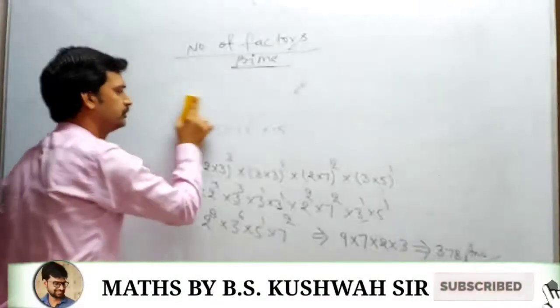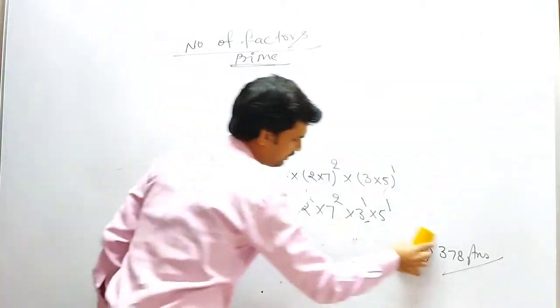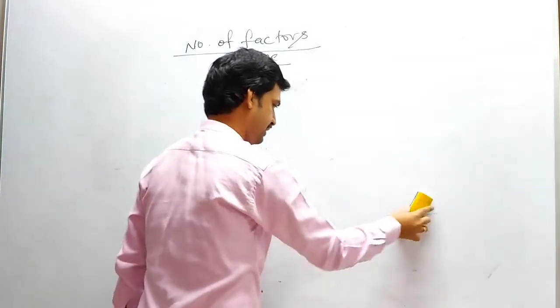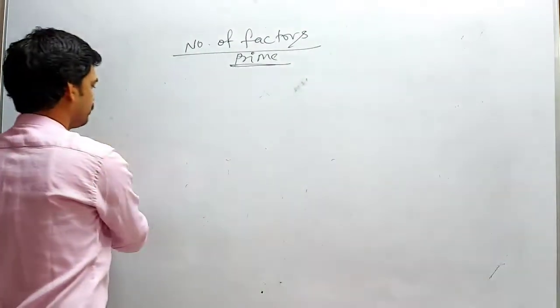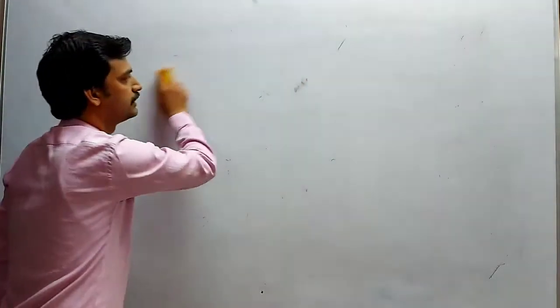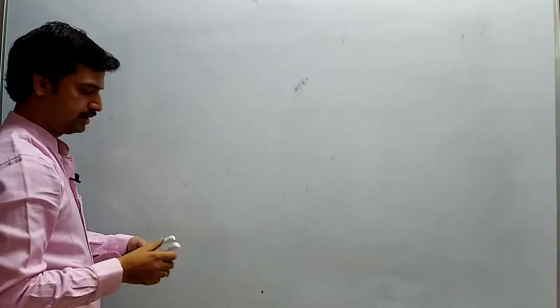You need to just do 1, 2, 3, 4 examples on the basis of these things. Slight importance they have. But next is what? The most important one in this chapter. This is the unit digit method.